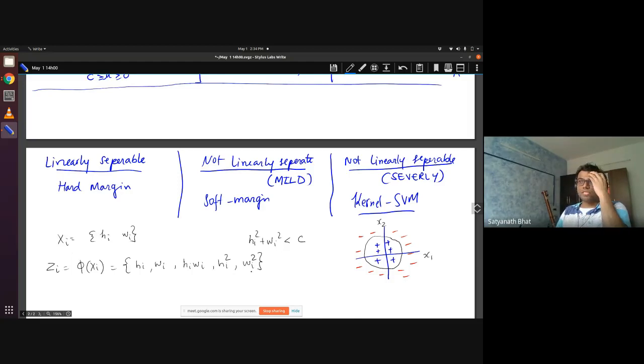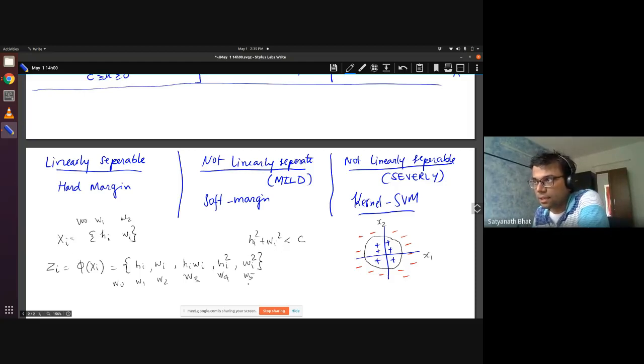And when you transform a feature like this, then essentially what you are trying to learn is, like you had w0, w1 and w2, right? This is what you were learning in the linear case. In the high dimensional case, we are looking at w0, w1, w2, w3, w4, w5, right? So in the higher dimensional case, we are learning more parameters. Instead of just 3 parameters, we are learning 6 parameters. Okay, so this is the idea.